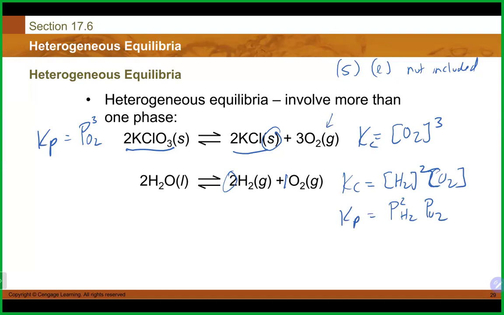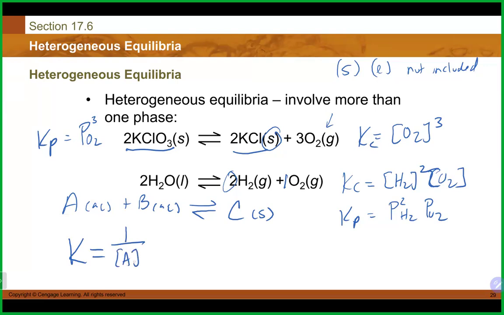Now, it is possible, for example, if you had something like this, maybe you have a solid on the product side, and you do have stuff on the reactant side that you want to include in your equilibrium expression. To do this, since the product side would not be included, we actually just do 1 over the reactants in this case. So if you had something where nothing on the product side would be included, you basically just do 1 over your reactants. Any questions